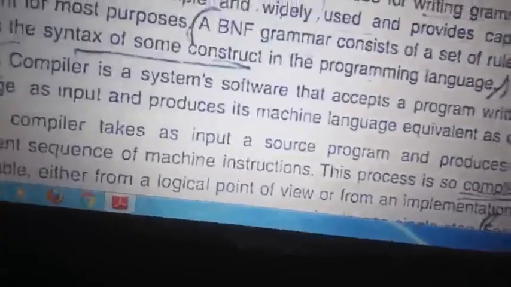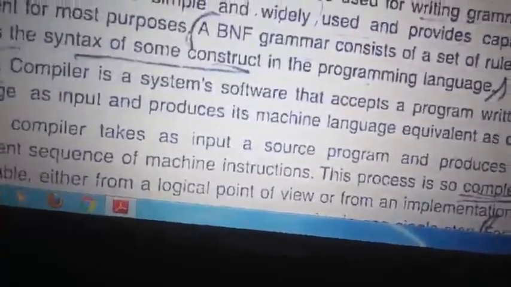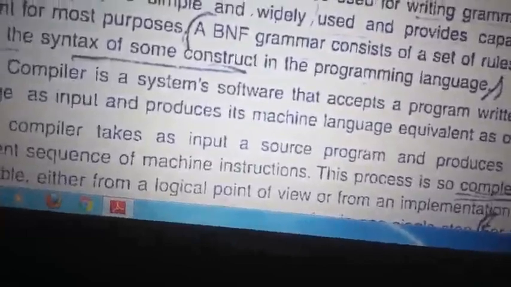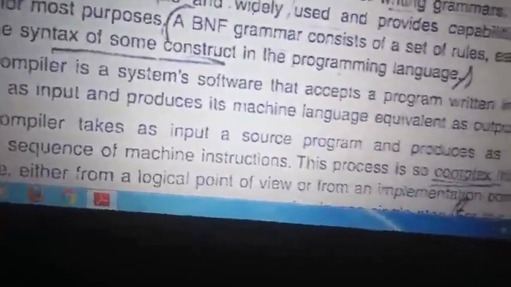In a high-level language, everything is not coded; different types of symbols are used. The computer should also know the meaning of a symbol.